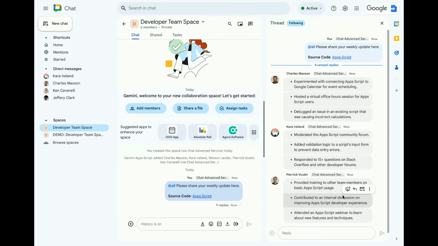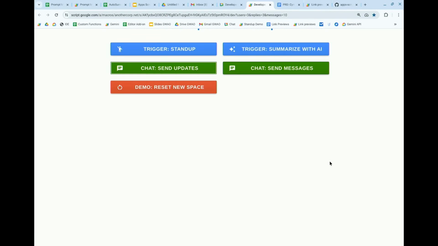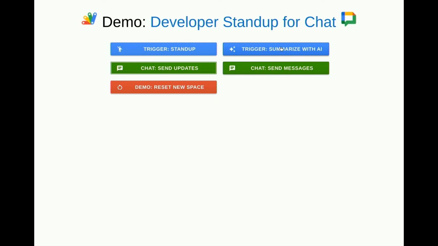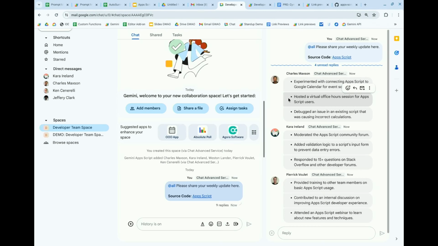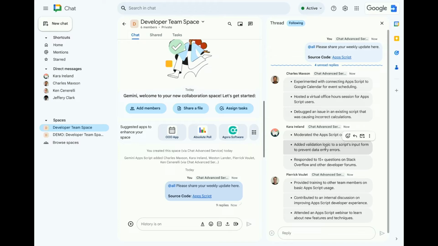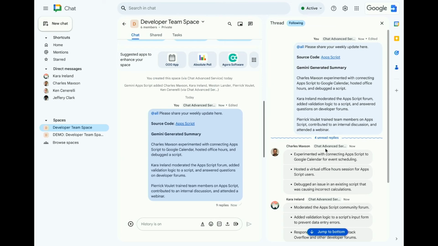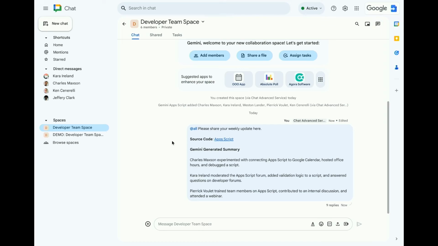Well, what we did is using the chat API, I'm just going to, again, simulate that trigger running. And what it's going to do, it's going to go out and take that entire list of sub-messages, synthesize those, summarize them short, and put it back in the header, so I can simply turn this off. And when I turn this off, I can now just read this and only see the summary, which is super